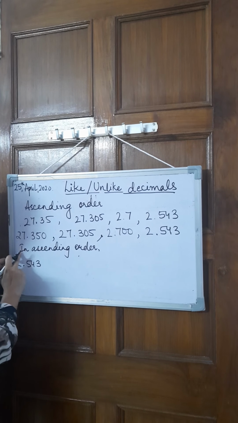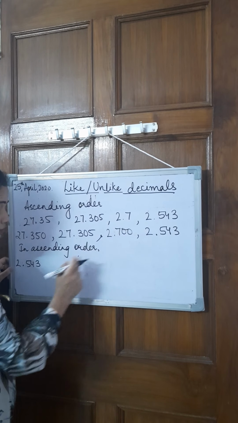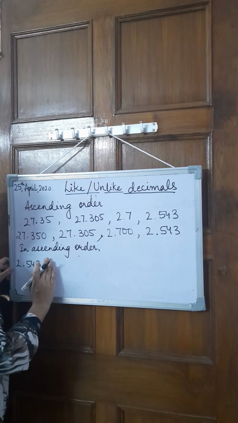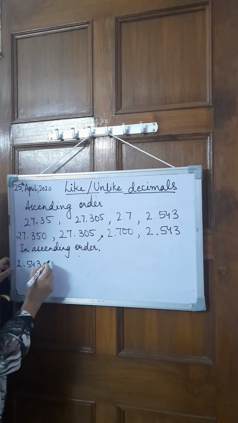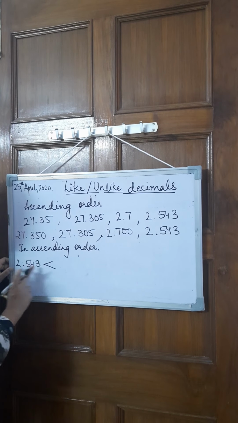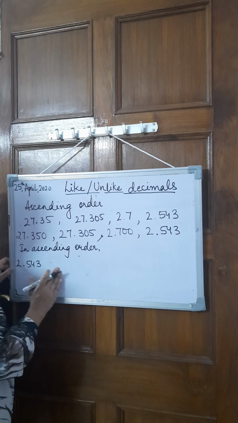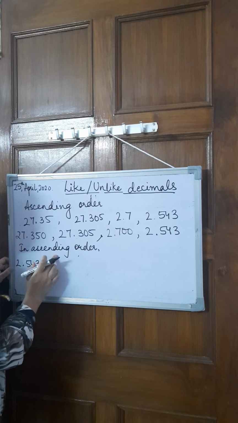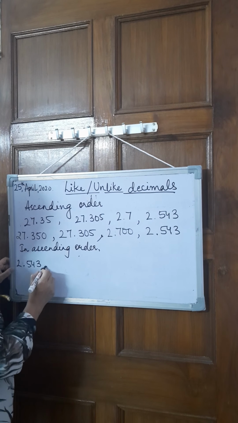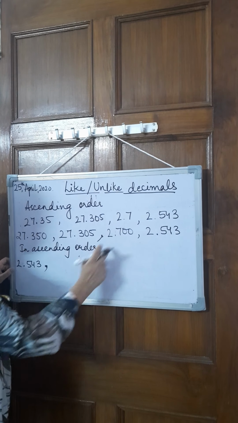Now since I have already written in ascending order, I am going to put only commas. If you don't write this statement, then what else you can do is put this less than sign here, meaning this number is less than. I am not going to put this sign because I have already written that I am arranging it in ascending order. So now after this I will write this